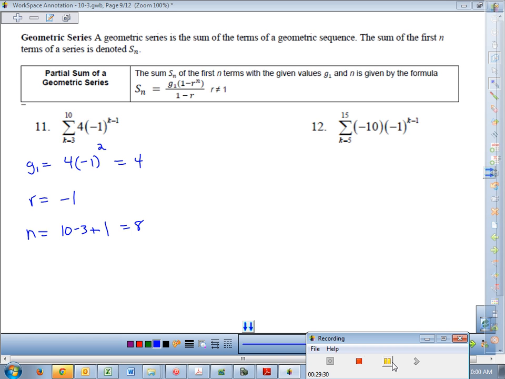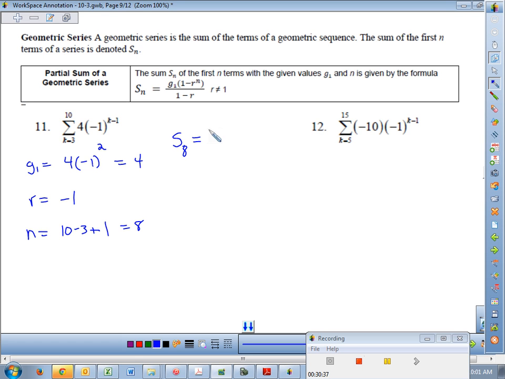Well, let's see what happens if we add those numbers up. I'm going to add up all the numbers in this sequence: a 4 and a negative 4 and a 4 and a negative 4 and a 4 and a negative 4 and a 4 and a negative 4. What do you think you're going to get back? Do you think you're going to get a 0 back? Well, let's just see. The sum of these 8 terms